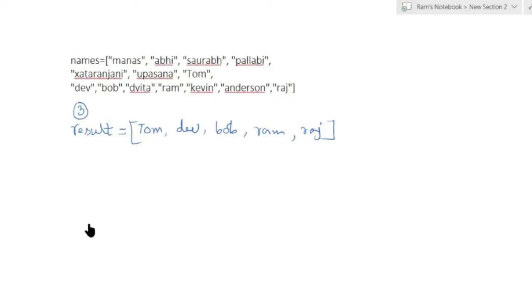So to do that, how are you going to solve this problem? First, when this problem is given to you, you should know what are the things that you already know and what are the concepts which you can use here to solve your problem. As the problem statement says that you have to find all those names whose length is 3, implicitly it gives you an idea that at some point you have to iterate over